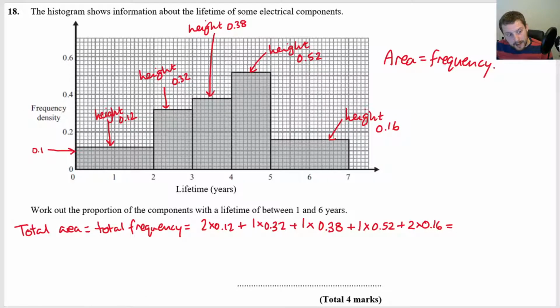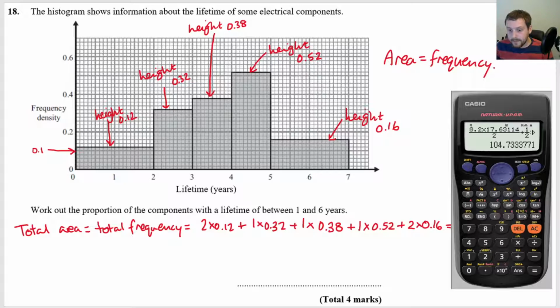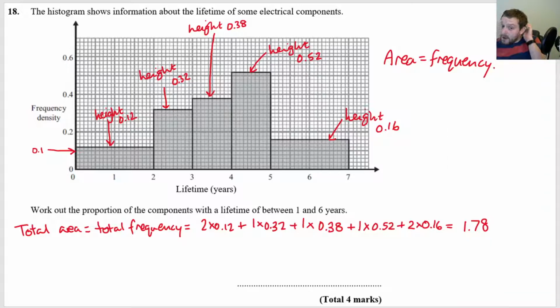So I guess with the calculator, and to be fair, we can save a bit of time, can't we? Because we don't need to write 1 times all the time. So 0.12, add 0.32, add 0.38, add 0.52, add 2 times 0.16. So that's 89 over 50, but I'm just going to write it as a decimal 1.78. And then the required area